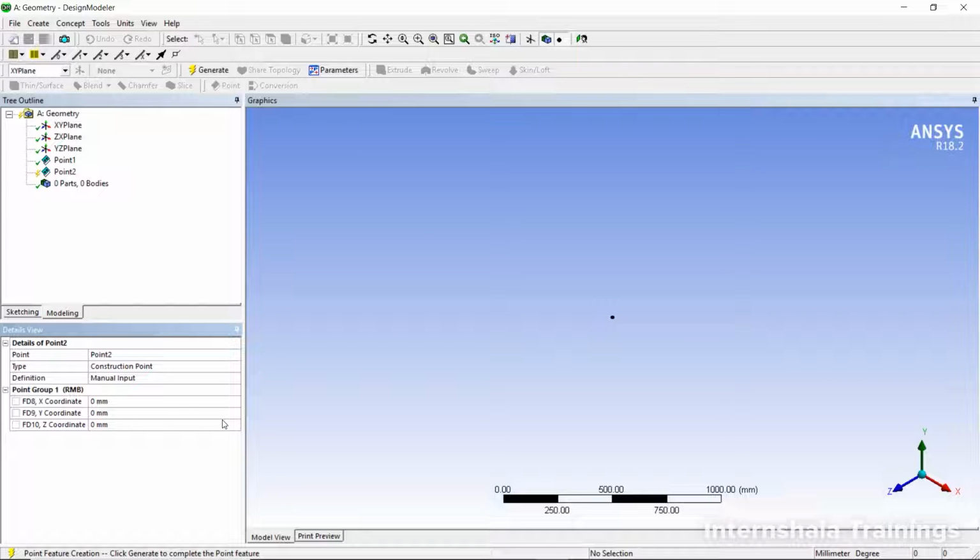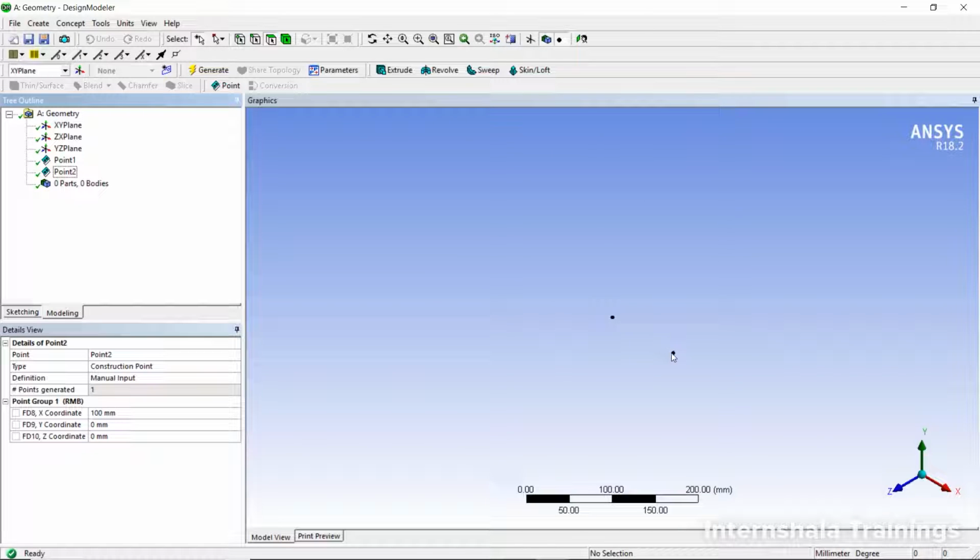In the manual input, I need to change this x coordinate to 100 mm and keep the other 2 coordinates at the default values, which are 0, 0. Then I am going to right click and generate the point. See here, a point at a distance of 100 mm in the x direction has been created. Likewise, you can create n number of points using the point option and through manual input.